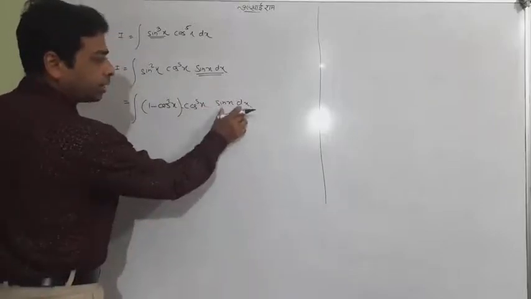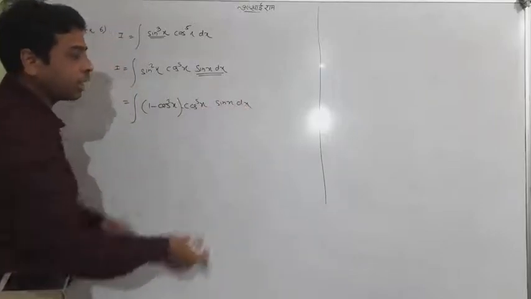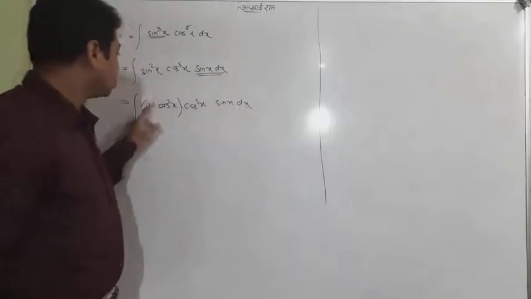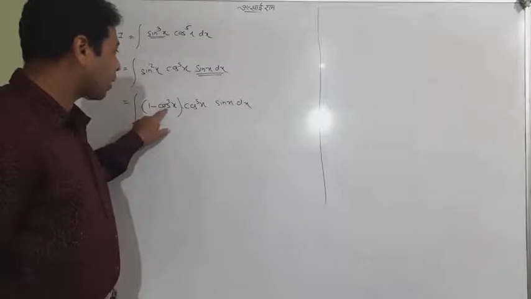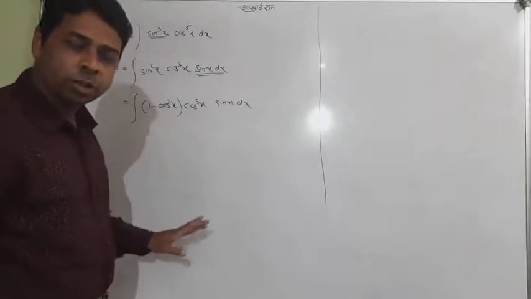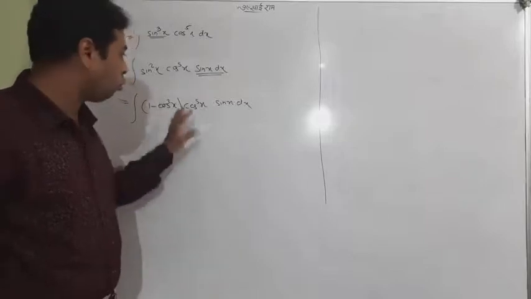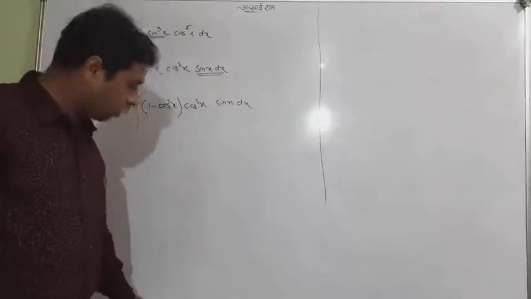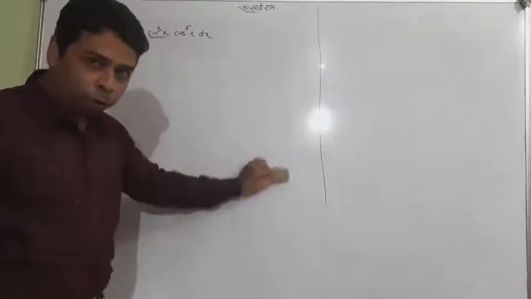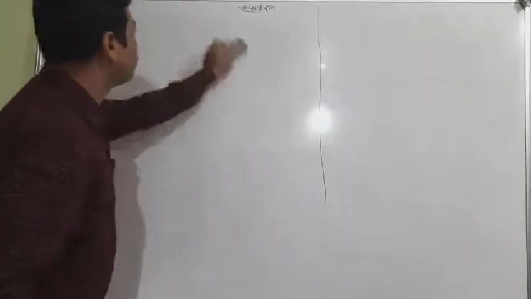So minus sin x dx will be dt, and sin x dx will be minus dt, the same as we did in the last question. So 1 minus t square and t to the power 5 will come. Multiply t to the power 5 in the bracket and do the integration. And lastly put t equal to cos x and get the answer. So this is a method. Please keep it in mind and specify the type also in your copy before doing this.